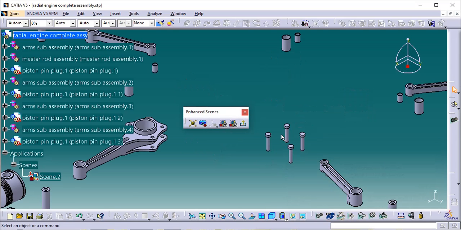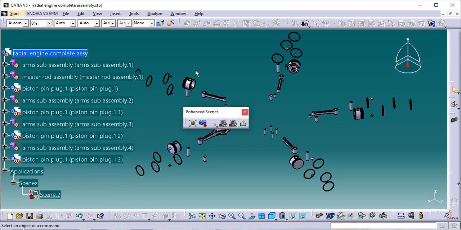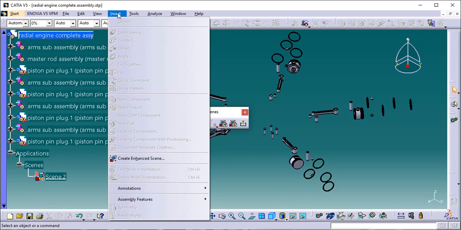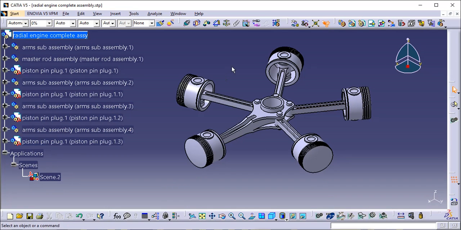The rest of it is the same as the earlier process. The only difference is that instead of going to the DMU navigator, you can directly go to Insert and Create Enhanced Scene in the assembly design workbench, and the rest of the process is all the same. So you are in the assembly design workbench. Instead of doing these two, which are almost the same process,